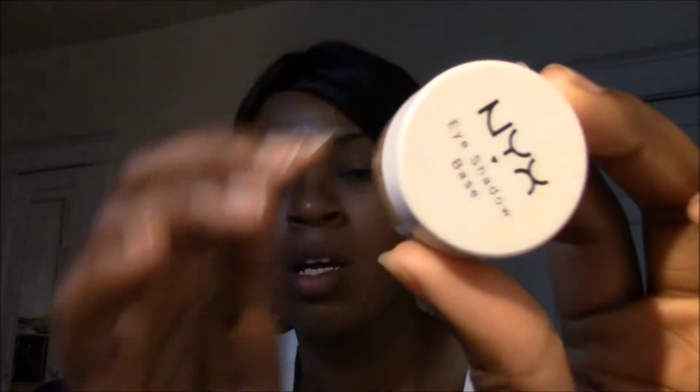You're also going to need some form of a concealer or shadow base or something to really make your eyebrows pop once you're done shaping them. And then also you're going to need an eyebrow setter. I use the Mary Kay Brow Gel